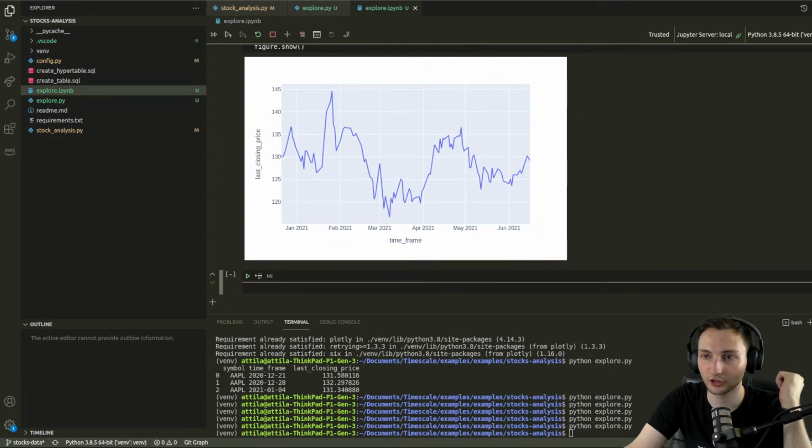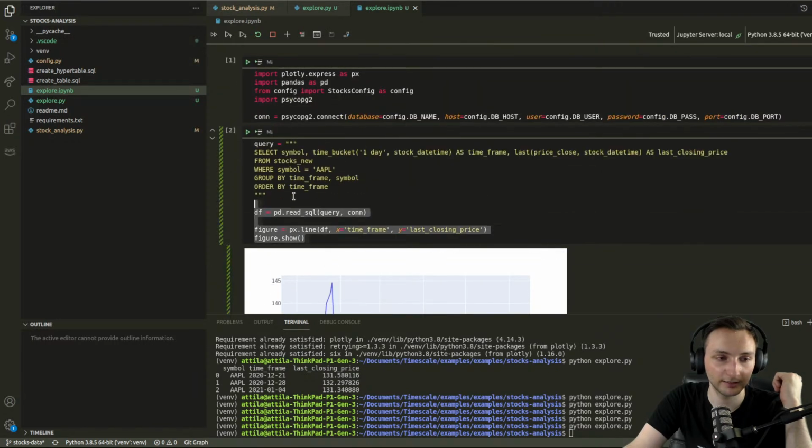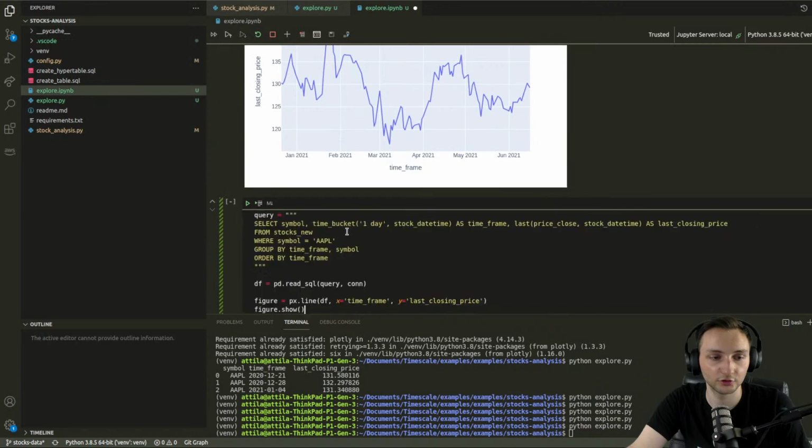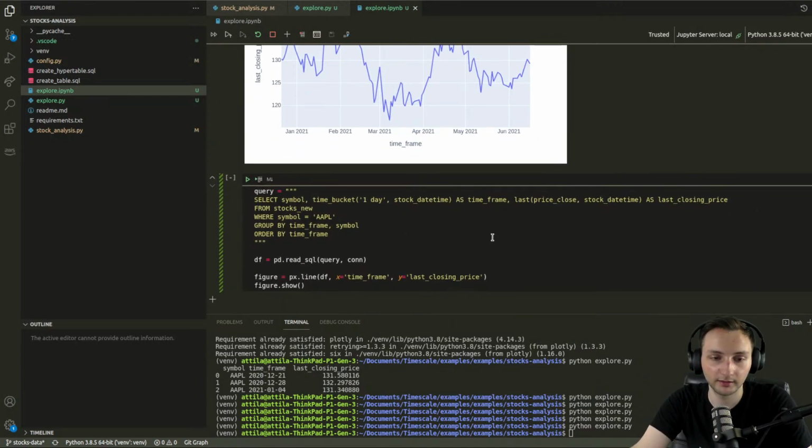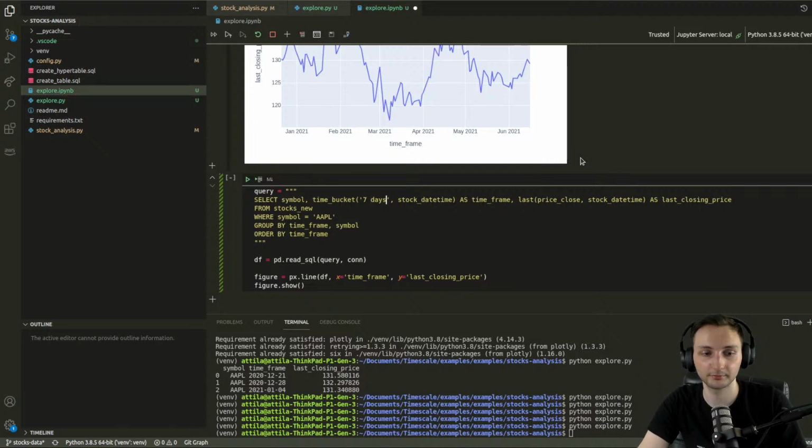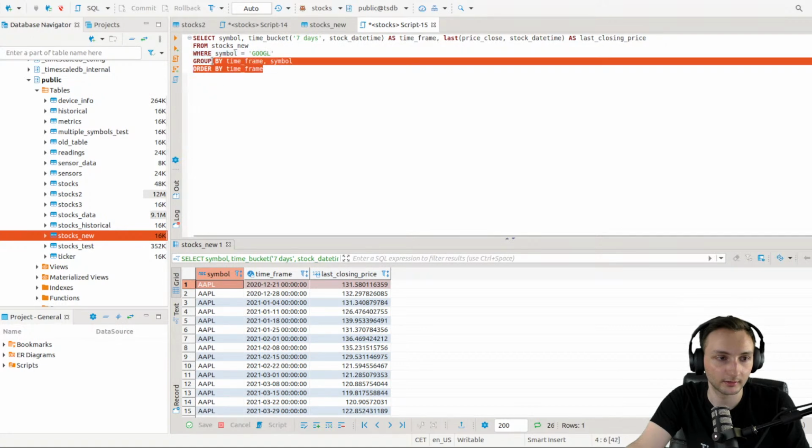So let's do the same kind of line chart for trading volume. For trading volume, we basically need the same script, except that, well, the time bucket can be 7 days, for example, but we are not querying the last price. Instead, we need the trading volume. But with trading volume, if you look at the database,